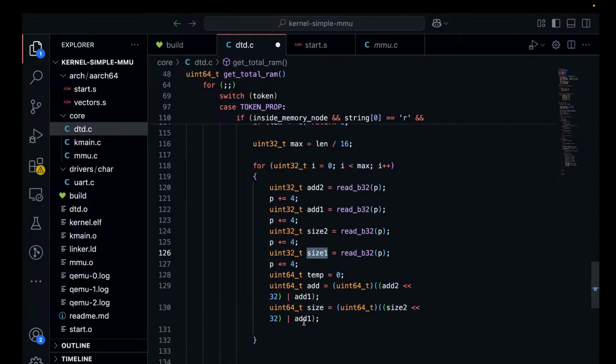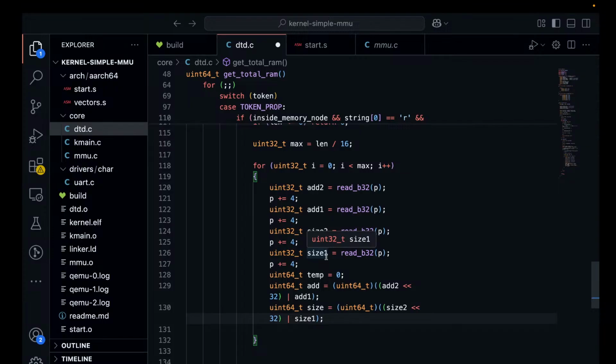And size 1. And we have the address and a size. This will be for the first iteration. However, where will we store this if there's multiple things? Oh, no. We just have to add it because we want the total RAM. We don't want slices of it. We just want to understand the overall size of the RAM. Okay,